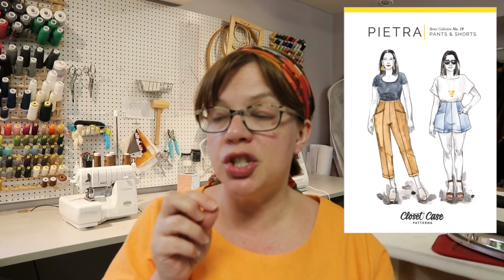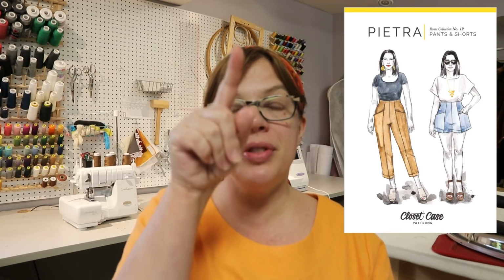So my husband and I will go for a long walk at some point today, but I'm going to work on some Pietro pants. So I put my shorts back on. A couple people had said they thought that maybe I needed to shorten it just a little bit more in the front crotch. And actually what I ended up doing, when I put them on this morning, was walking around in them a little bit just to determine what I wanted to do. And I actually ended up shaving off 3/8 of an inch off the,